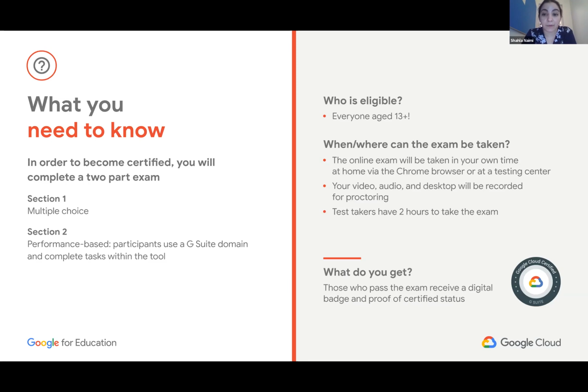Because this is a professional exam, we need to take certain privacy and security measures to ensure that nobody cheats, essentially. So the way that the team has structured that is really to have some video, audio, and desktop recording to ensure that, for example, I'm not opening up a new window and trying to look for an answer, or I'm not talking to my friend who's sitting next to me and asking him or her for advice on how to answer a question.